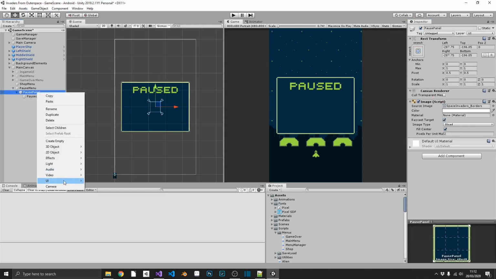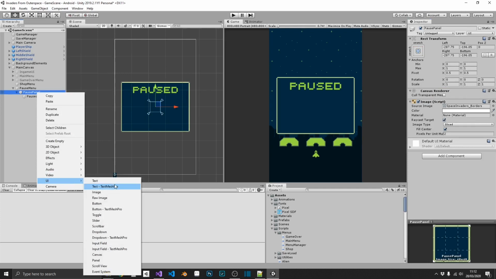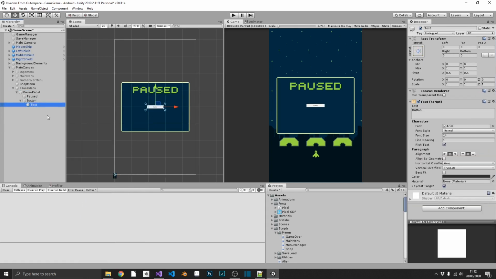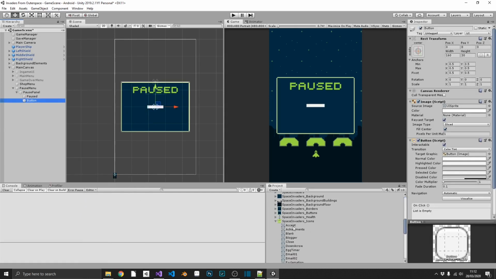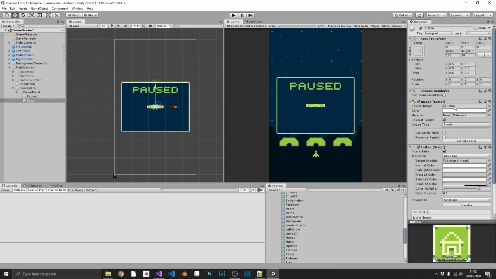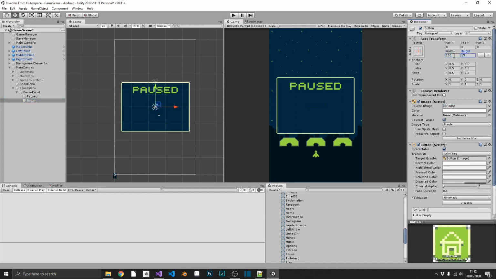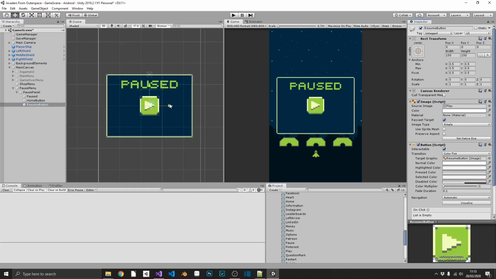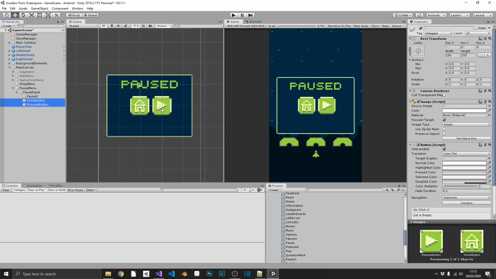And again, we're going to need 2 buttons in here, one to return to the main menu if we want, and one to resume the game. So again, button, remove the text, and we'll put in our home button. We'll copy that and call that a resume button. And we'll just reuse the play icon for that one. And just like we did before, we'll space these out, recenter them,